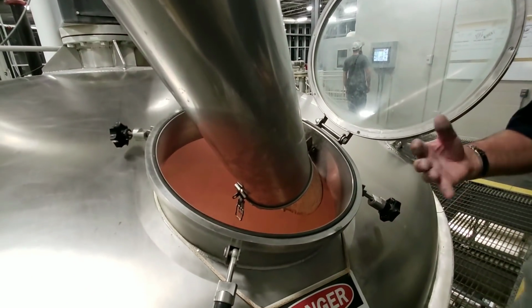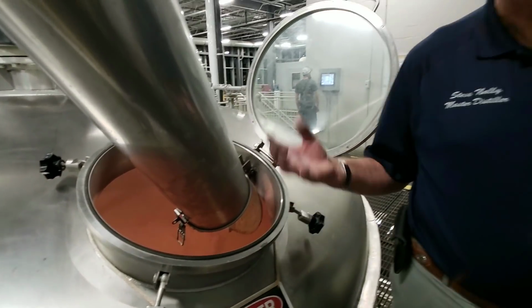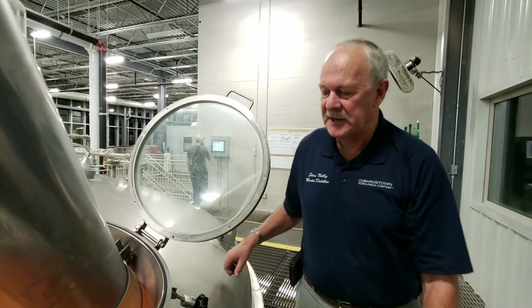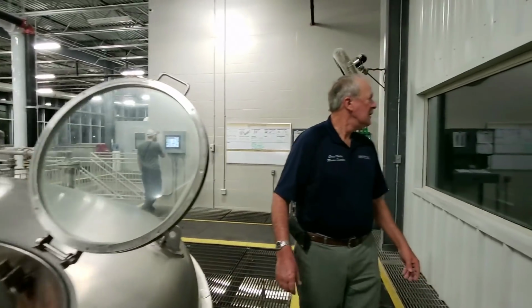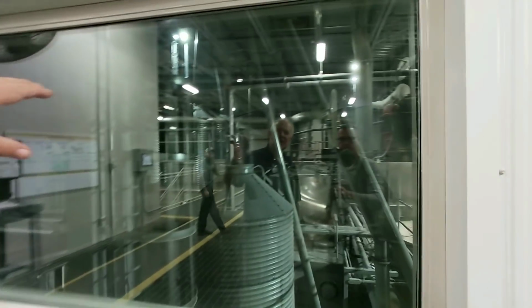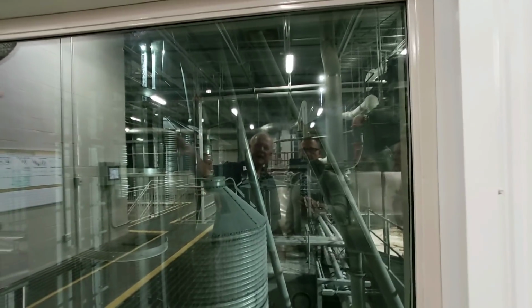I think he's bringing this one up, so he's added the corn to it. He's getting ready to cook it up. That one's on its way down, so we cycle them all the time. Can't see real clear out there now because it's dark, but we have whole grain storage bins over on the